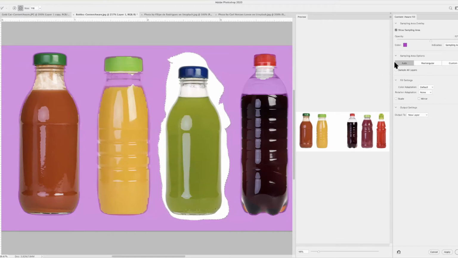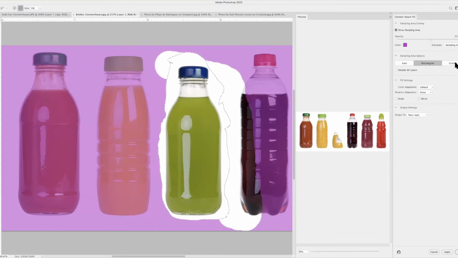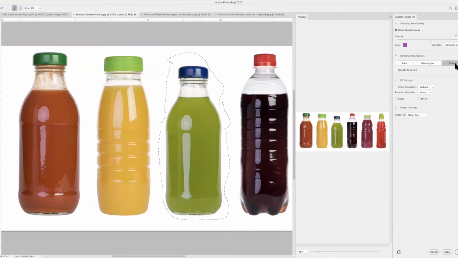Here we have the 3 sampling area options. The first is auto. It works great. I use it most of the time. You can also choose a rectangular, and it will allow you to have a rectangular selection. Oh, it's not going to work for me. The custom one, which is really helpful, is if you have more than one item you want to select, you can create a custom